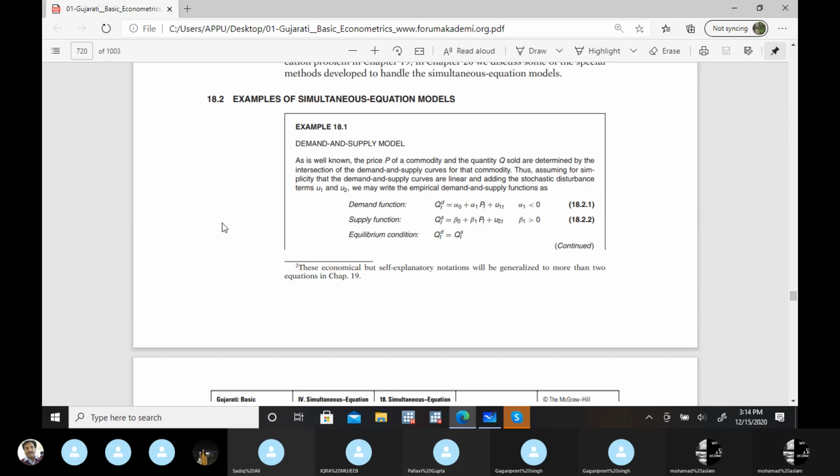Specifically in these equilibrium models in economics, either in microeconomics like these demand and supply models, or in macroeconomic structural equation models, there are variables which further depend upon other variables. So in these endogenous models, we talk about exogeneity and endogeneity, that problem is there. So first just try to understand what these simultaneous equation models are.